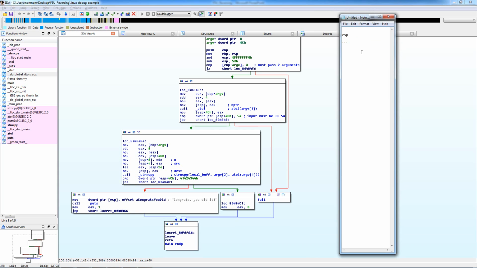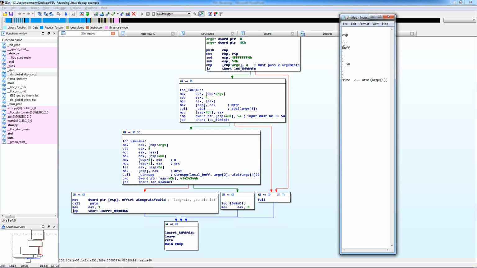We have some space on the stack, and then we have our buffer that starts here, and our buffer continues on for 50 bytes. And then down here we have the size. And this is the